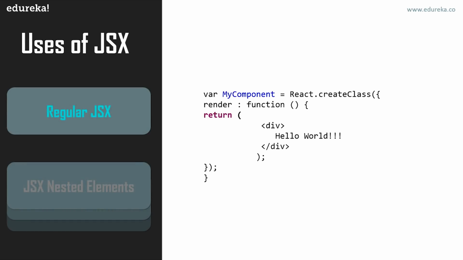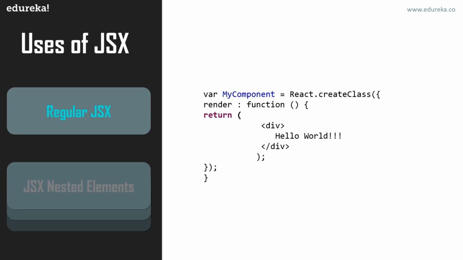Now, if I talk about the various uses of JSX. The first thing first, why is it called JSX? It is called JSX because it is a type of syntax which is an extension to JavaScript, and I recommend you use it with React to describe what the UI on the browser should look like. JSX may remind you of a template language, but it comes with the full power of JavaScript.